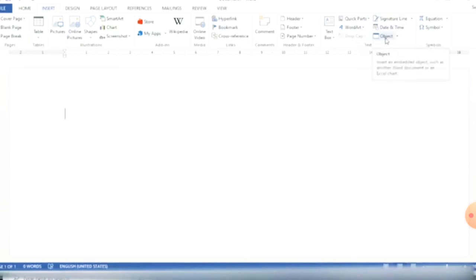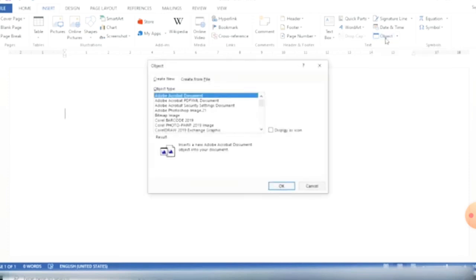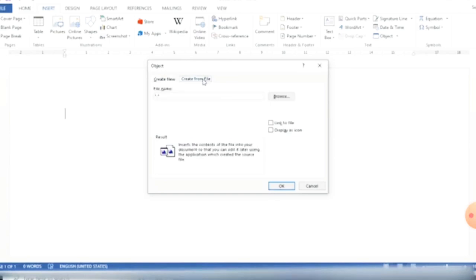As you click, you will get the Object dialog box, and here we find two tabs, Create New and Create from File. So you click here on Create from File, and here you will get the file input. For this we click on the Browse option.